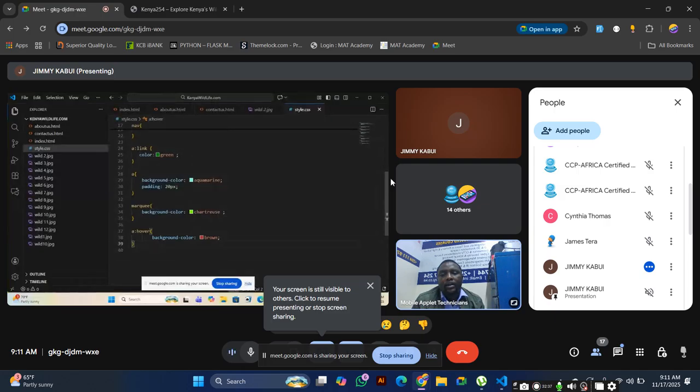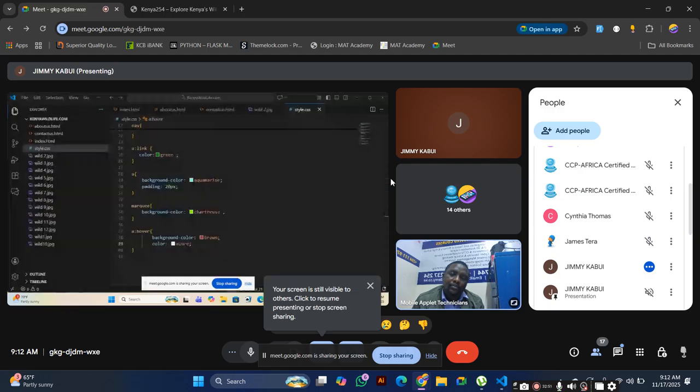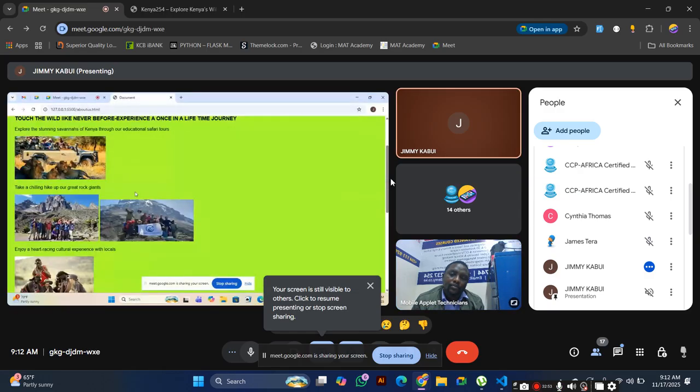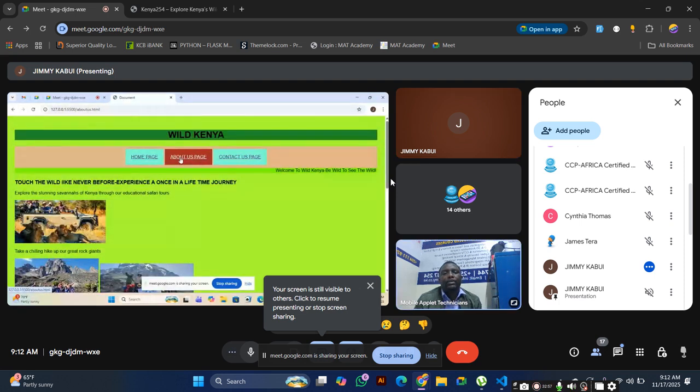So inside the A hover, type color white. Yeah, let's see. Yeah, it looks better.